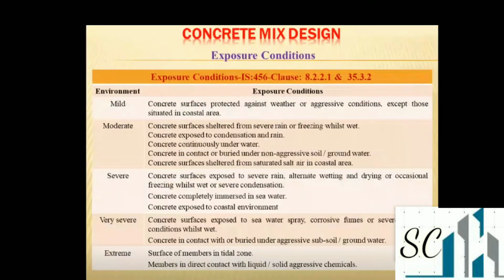So as per IS 456, an environmental exposure is divided into 5 parts, that is mild, moderate, severe, very severe and extreme conditions. In this, structures constructed in different conditions have different effects, and measures shall be taken to protect the structures under severe to extreme conditions. So we have to take the exposure conditions, and depending upon that we have to select the environment, whether it is mild, moderate, severe, very severe or extreme condition.